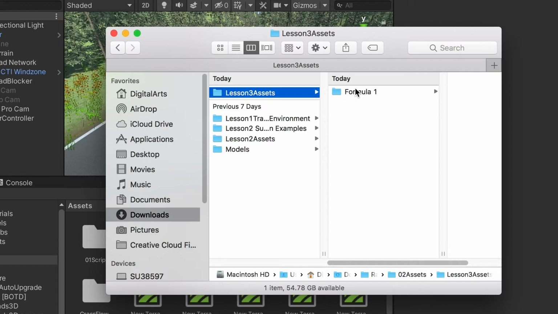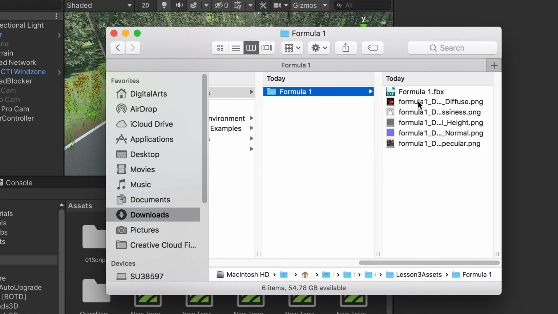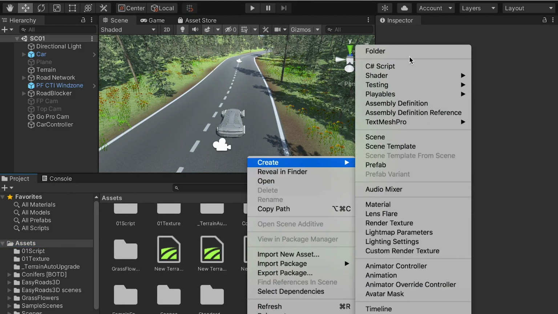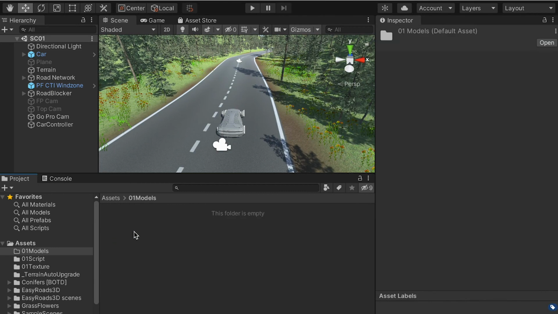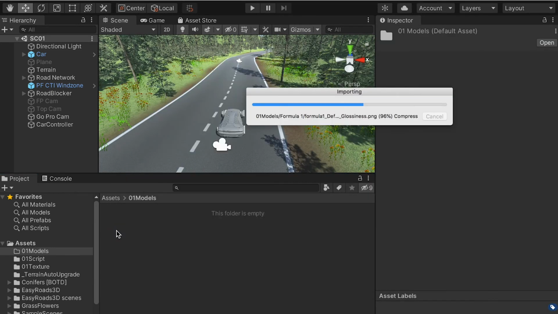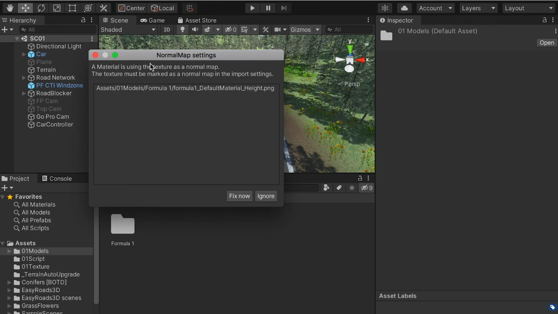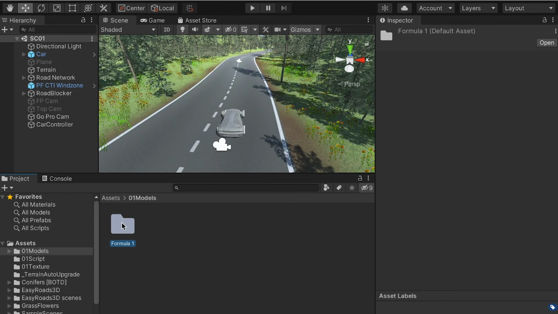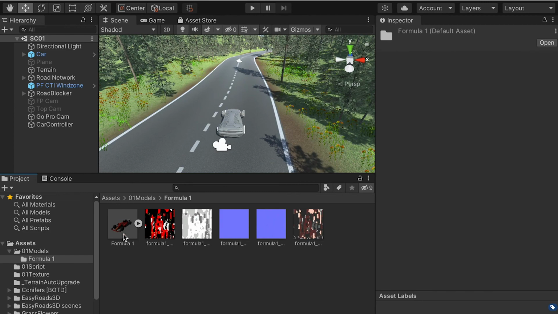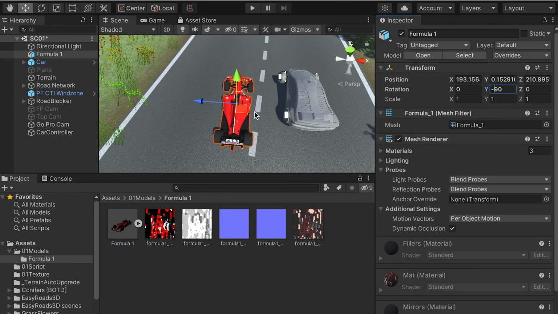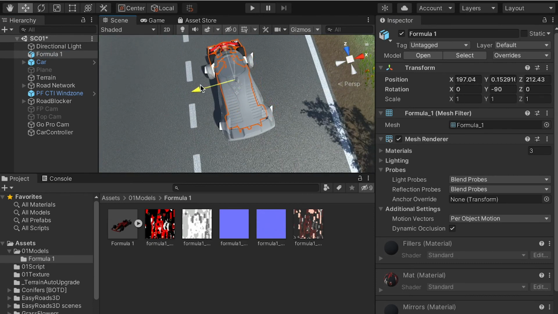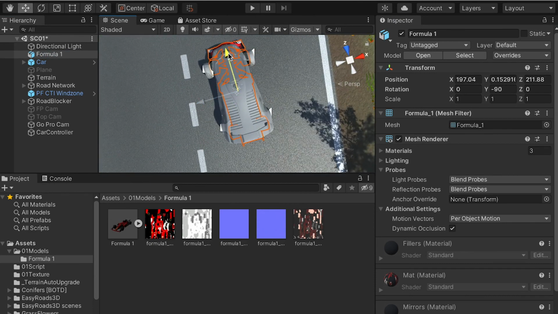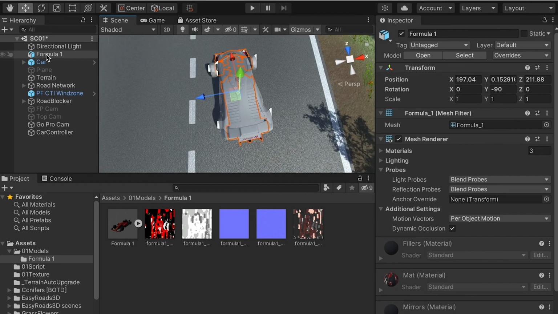And then we're going to drop this whole folder in our project. So here, first I'm going to create a models folder in the assets. And then I'm going to drop this whole folder in. And then if it pops up, the texture has some issues, just click on Fix Now. And then we're going to drop in our car model. So here you can adjust the rotation and position to match with our original car. And then you will drop it into our car group